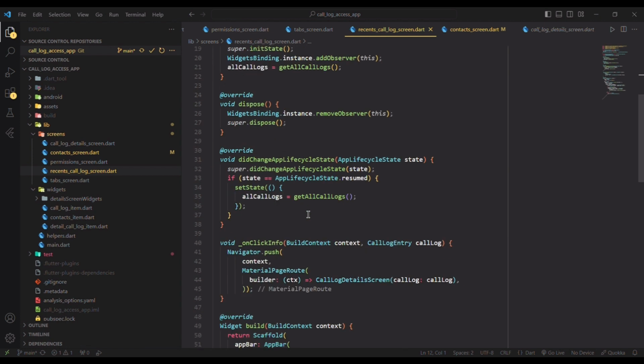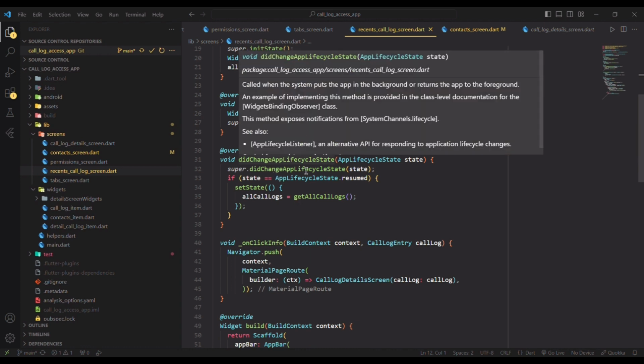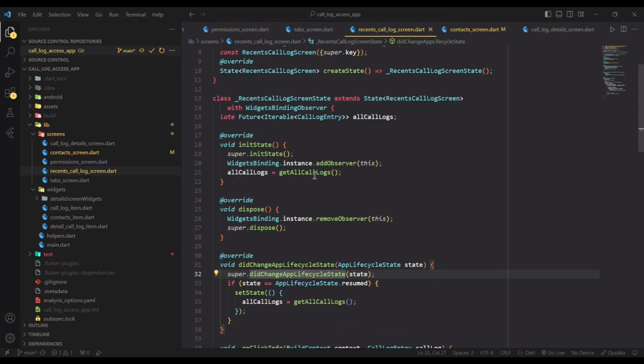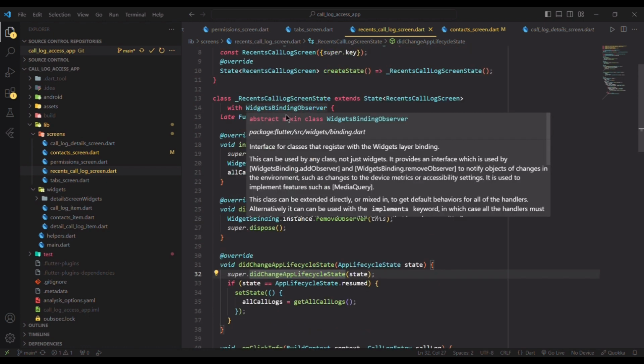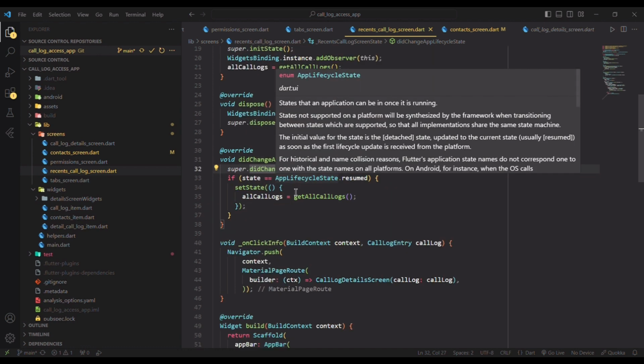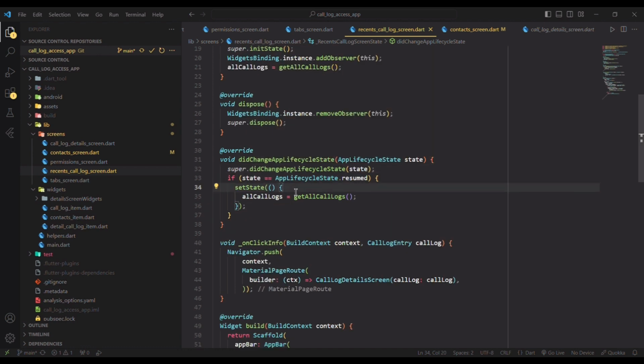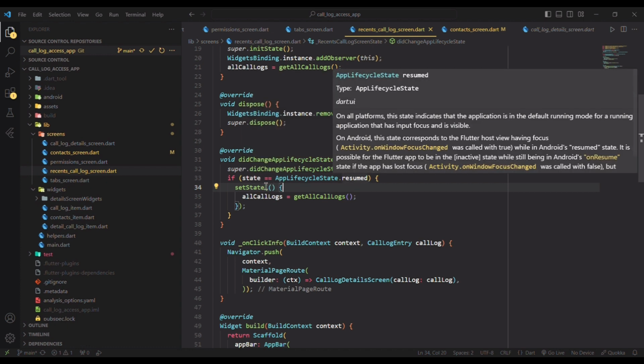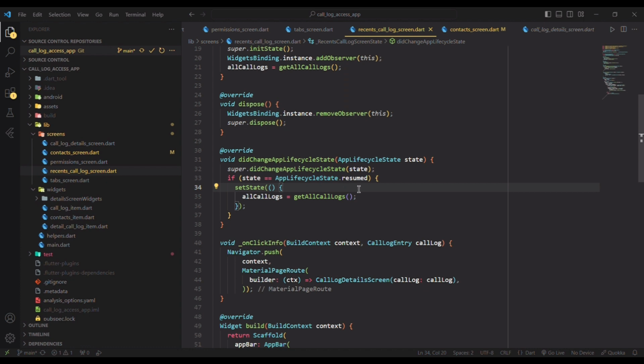Next, in the change app lifecycle state, we can write this function when we extend with WidgetsBindingObserver. Basically it sees the state of the app, like whether the app has been resumed, paused, all those things. And what I'm doing is, if the state equals AppLifecycleState.resumed, if the app is being used, what I did was,